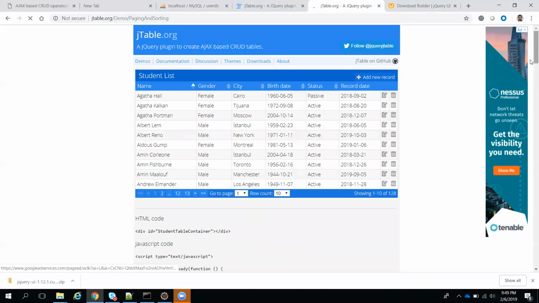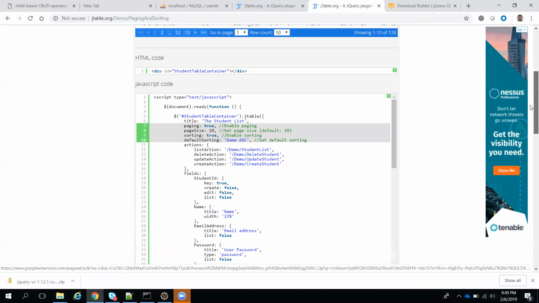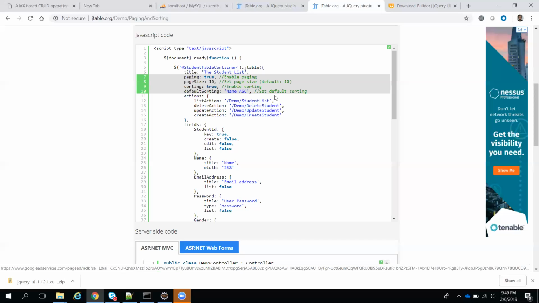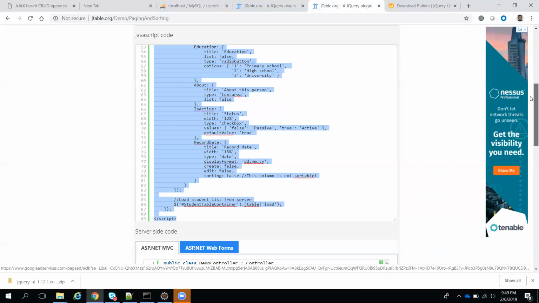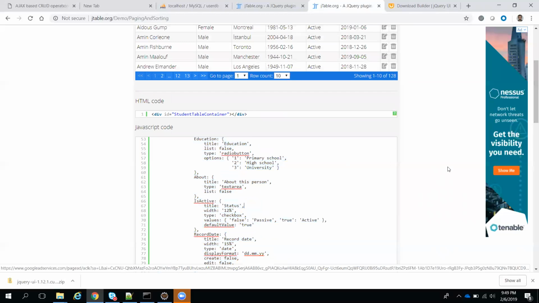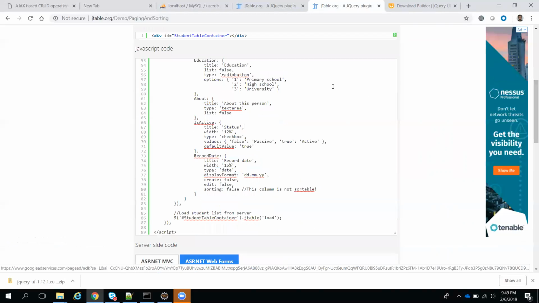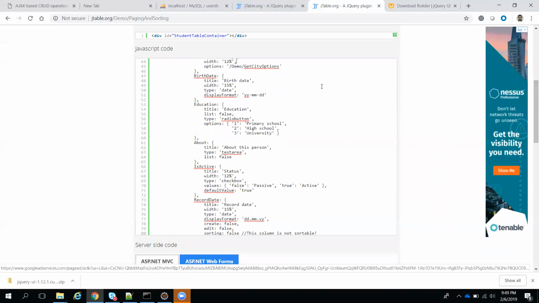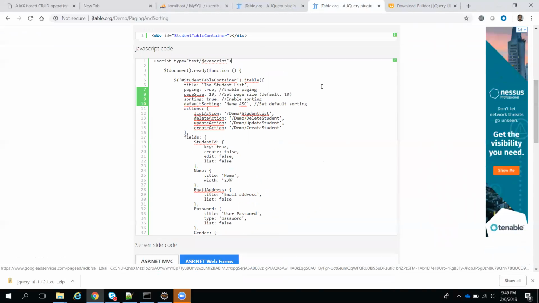Yeah, this is the example I'm looking for. See here, the main important thing is the highlighted one. If you see here, paging equal to true, page size is 10, sorting equal to true, default sorting equal to.